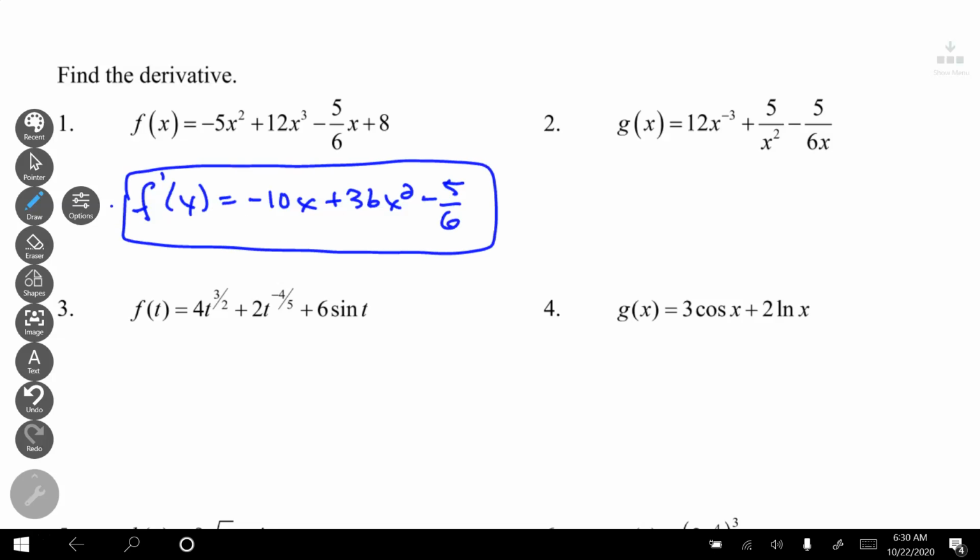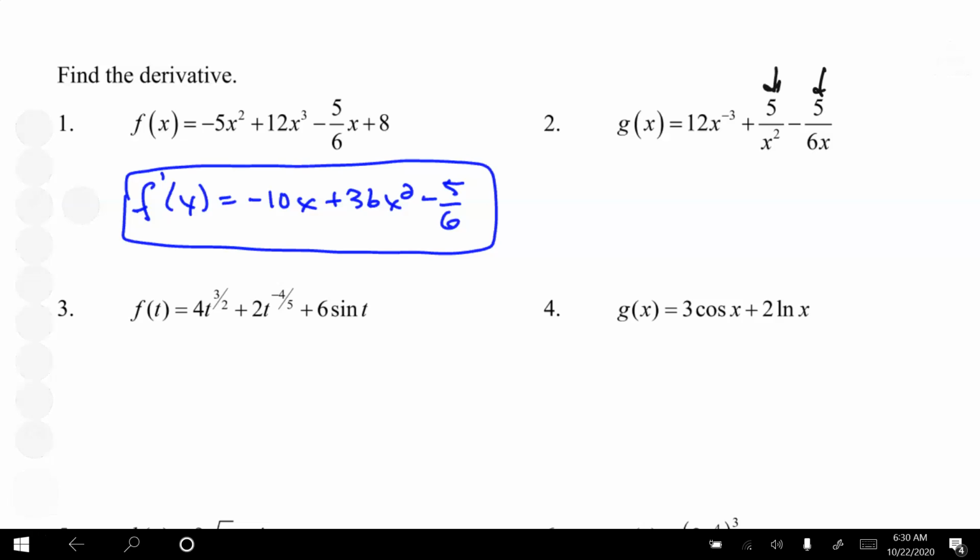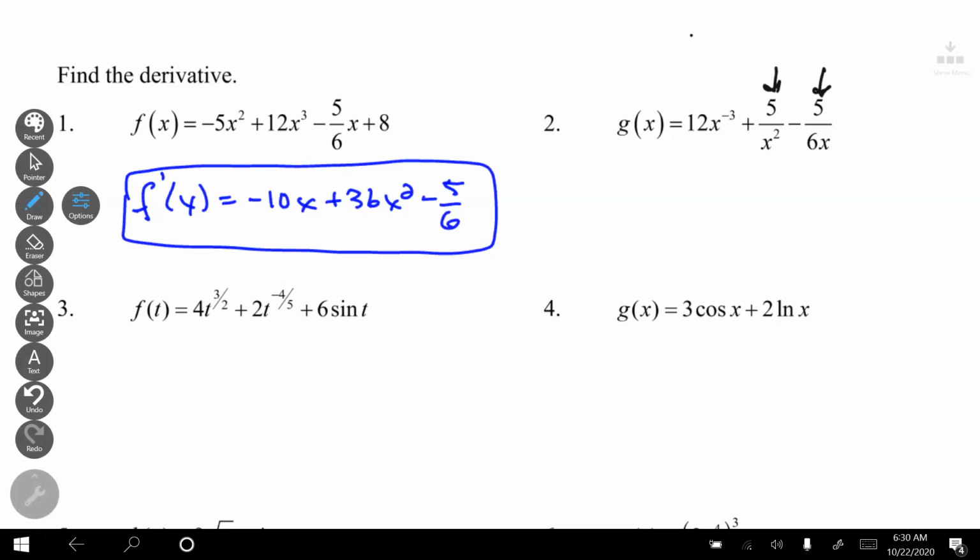That one you should be pretty comfortable with by now. This next one, I better rewrite it. I do not like this guy, and I don't like this guy. So I better rewrite it as 12x to the negative 3 plus 5x to the negative 2 minus 5/6 x